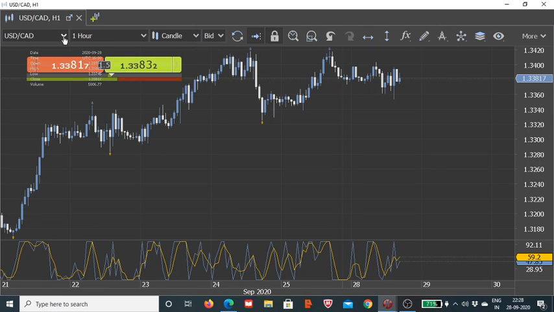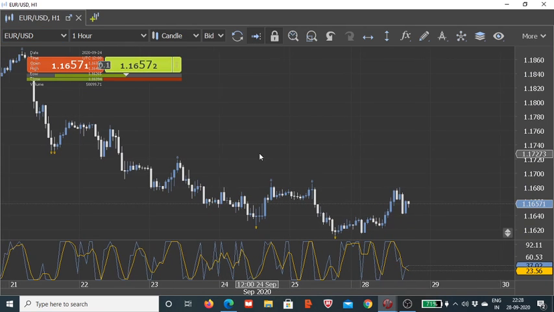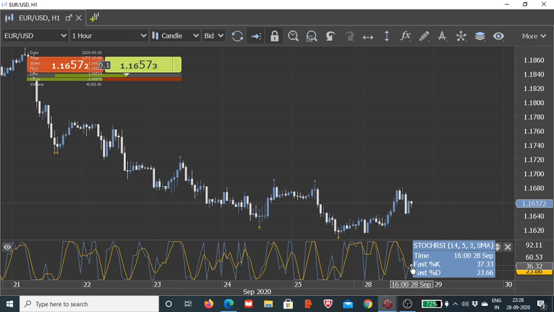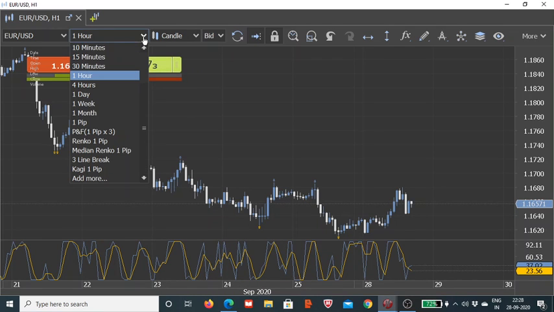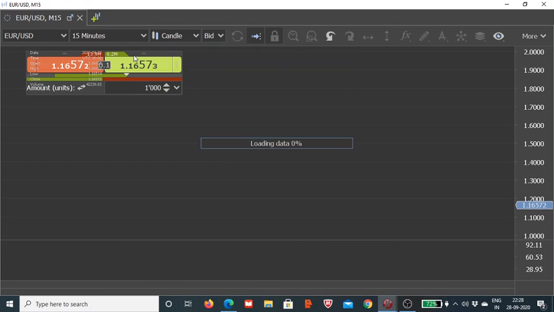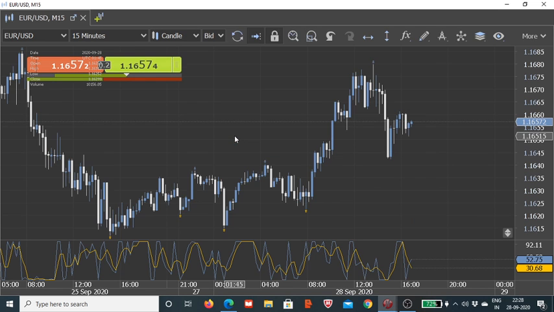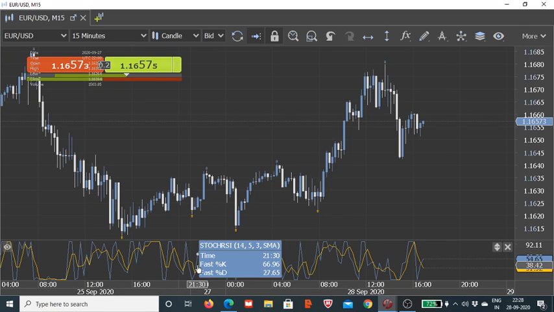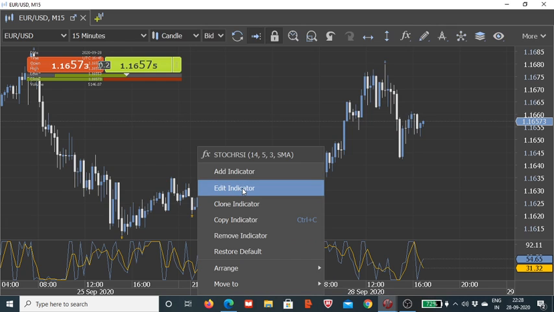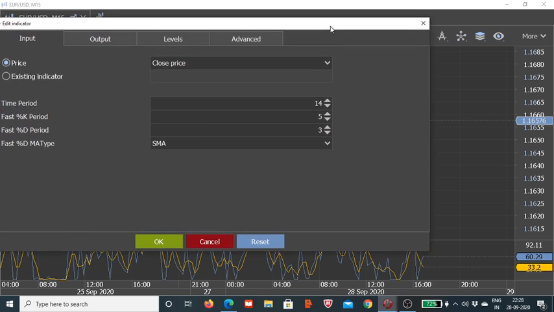So here we are going to use in today's session the Euro USD as our instrument of choice, and then we will see how we can modify these stochastic RSI parameters to arrive at fairly profitable indicator setup. I will show you on the different time frame and the changes which will be visible as we change the input parameter values. So let's go to the edit part, and before we